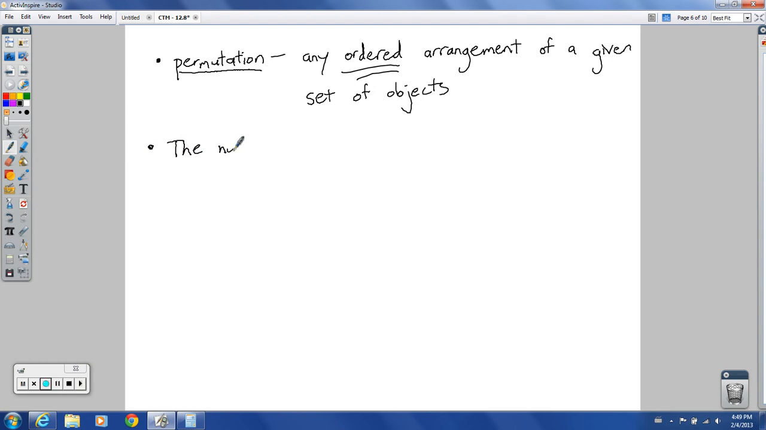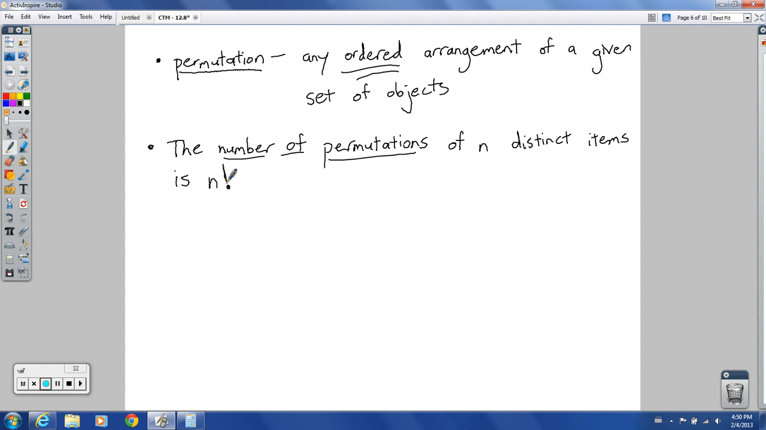And then one other thing to define here, the number of permutations of n distinct items is this. Now you don't read that as N! It's not a really loud exclamation point. No, that's not what it is. You read this